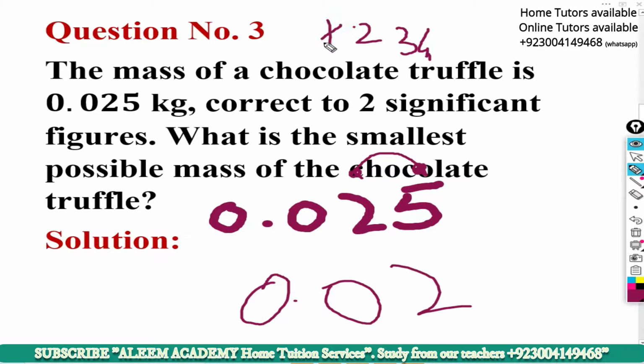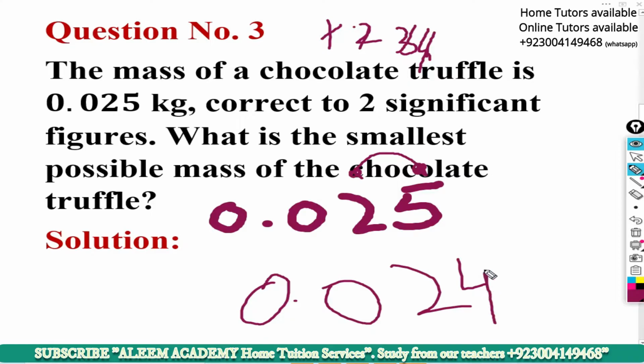If we write 1, then the answer will be 2 here. If we write 2, then the answer will be 3 here in place of 5. If we write 3, then the answer should be 4 here, and if we write 4, then the answer should be 5 here. Okay, so we can write 4 here, because the answer should be 5, and that will come only when this number is 4, because when we add 1 to 4, that becomes 5.